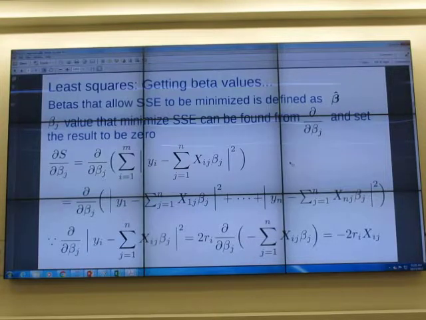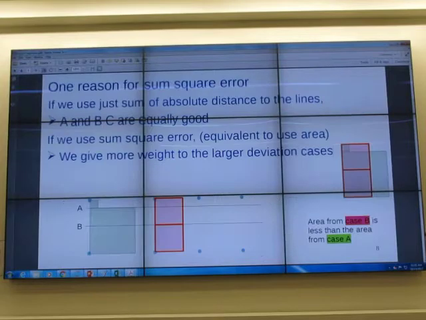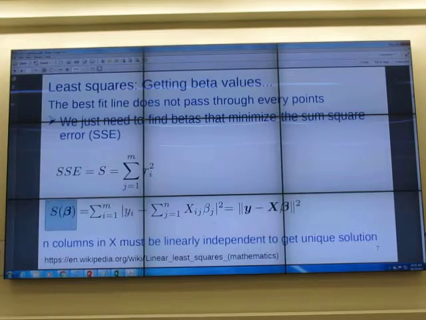All right. Let's take a look at the math part. We want to minimize the sum of square error, which is S. S is a function of beta. S is y minus x beta. Y is given, right? It's a true value. Correct? X is,